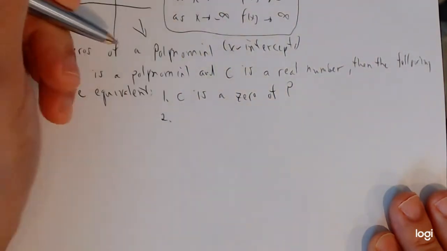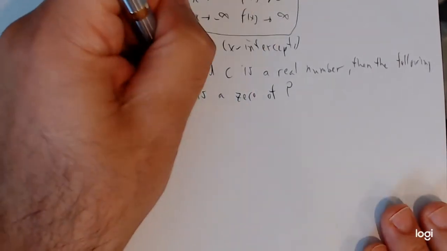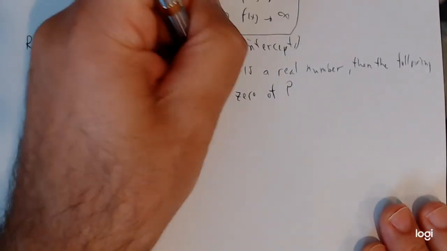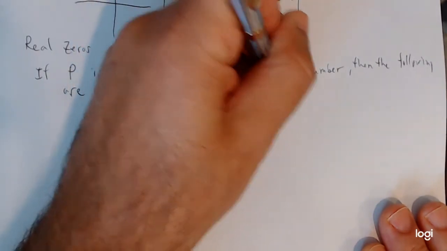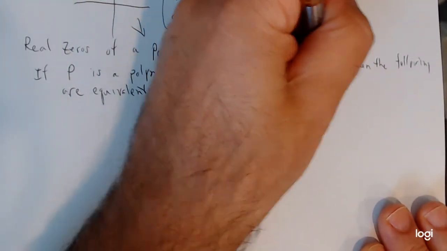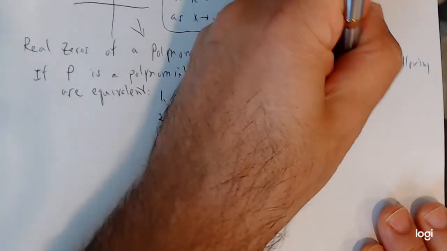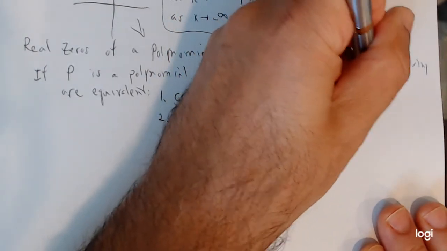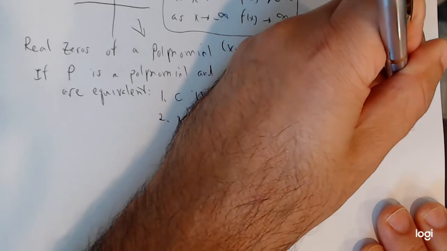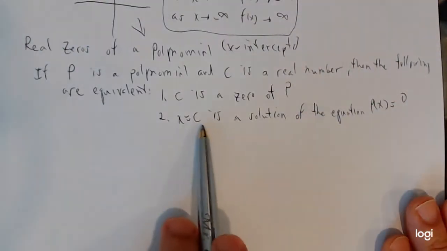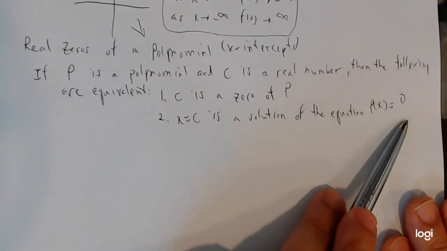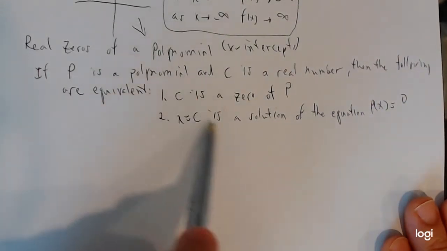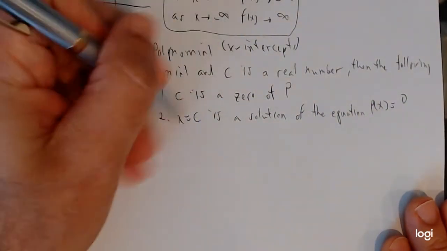Then if that's true, we could also say x equals C is a solution of the equation P of x equals 0. And once again, what is it that we're saying when x equals C is a solution? That means if you plug in C for x, you get 0. So notice how literally we're saying the same thing as these guys. And then another